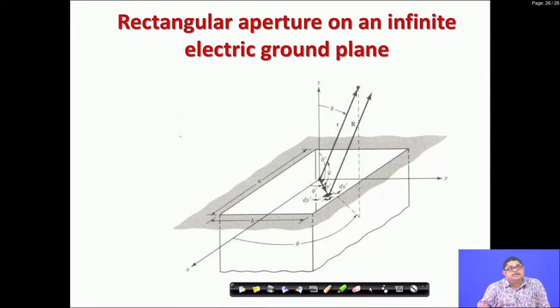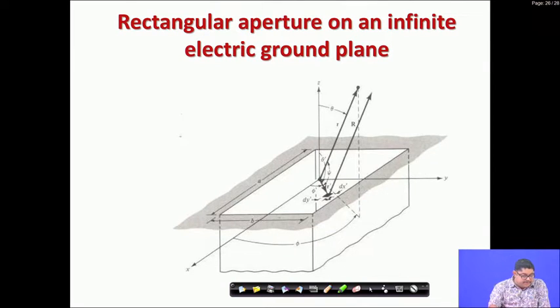So, if we take the lowest frequency, let us say X band, 8 gigahertz, roughly 2.5 centimeter, so 5 times that lambda, 11-12 centimeter each side,